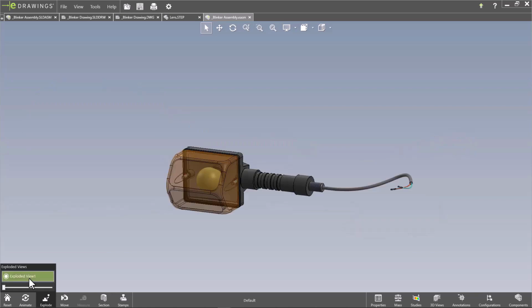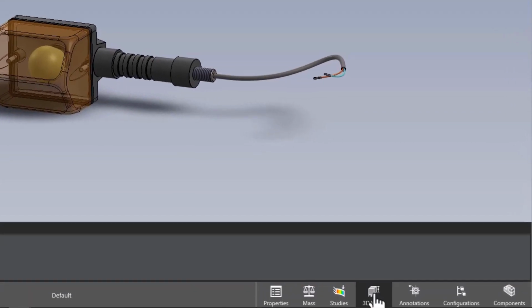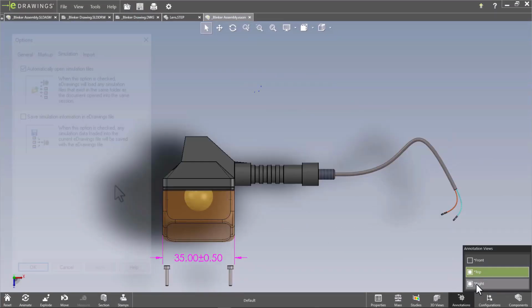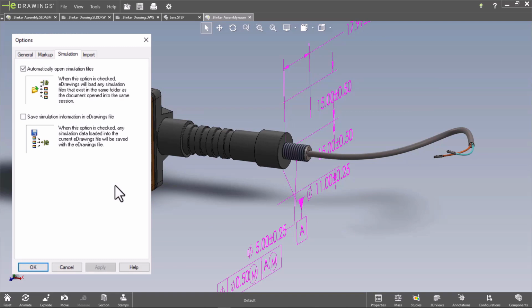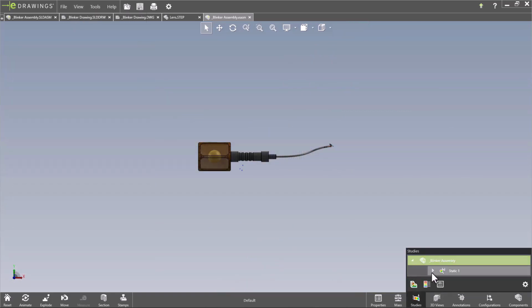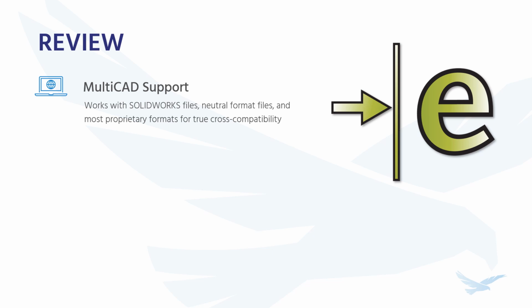Once you've done this, reload the original eDrawing if necessary, and you should now have access to all of your simulation data alongside everything else. Finally, consider using the second simulation option to save those loaded simulation results with the original eDrawings file to minimize your file management work. At this point, we've covered just about everything that's possible with the free eDrawings viewer, from